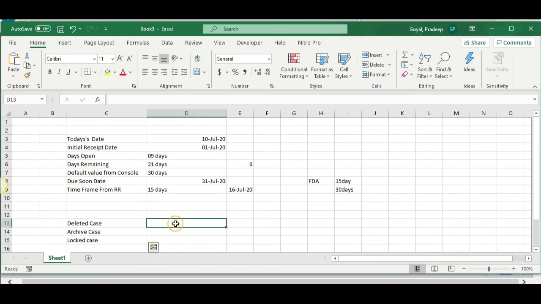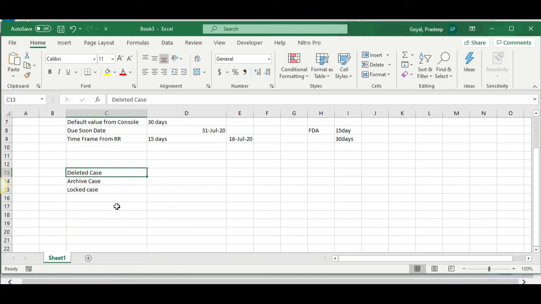The case has to be in unlocked state. Okay, and it does not trigger the reporting rule. It does not schedule any reporting rule. It just triggers the reporting rule in a draft format and pulls that number, the time frame, to do the calculation.